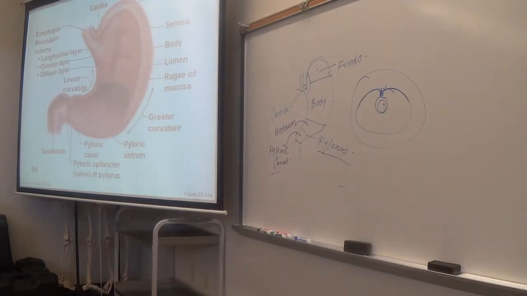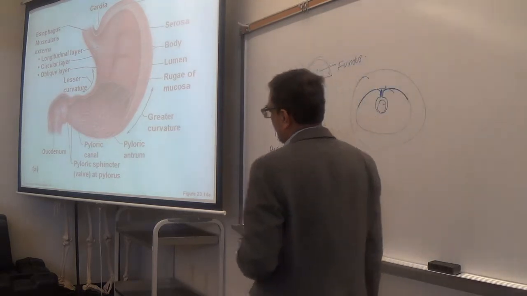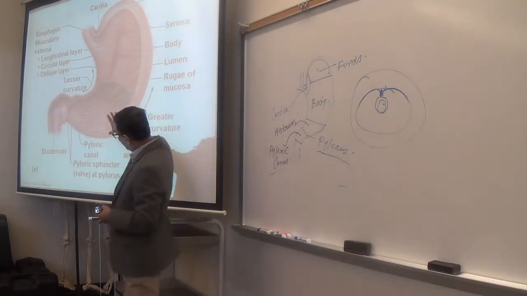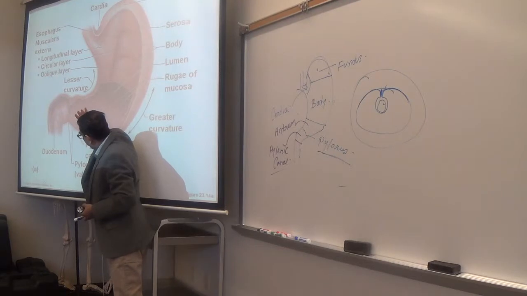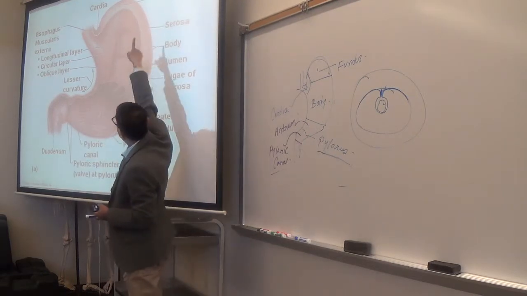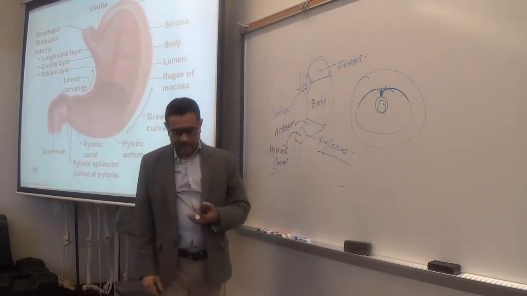So the pyloric part is divided into two. Upper part is the antrum, and lower part is the canal. You see here, this is the antrum part, this is the canal. So the body, fundus, cardia. Okay. Now,